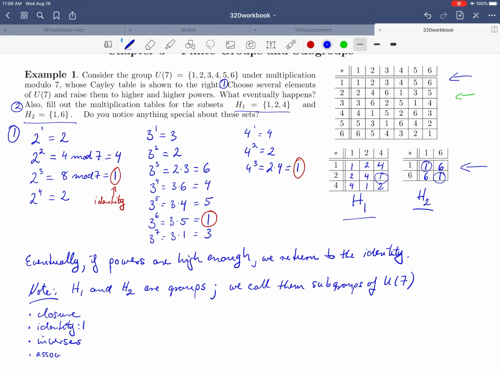And the associativity is inherited from our bigger group, U7. So this is great. We found these two subgroups of our group U7. Okay, that is all I wanted to do in this example. And in the next example, we're going to generalize some of these ideas into